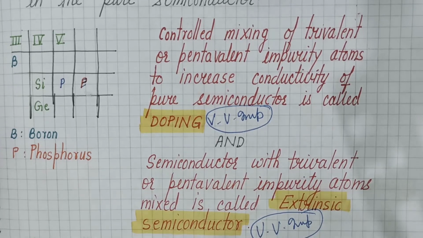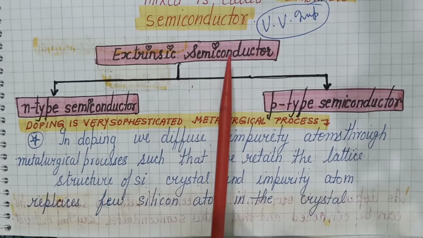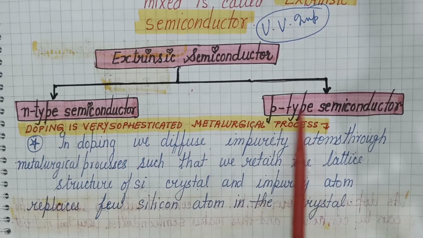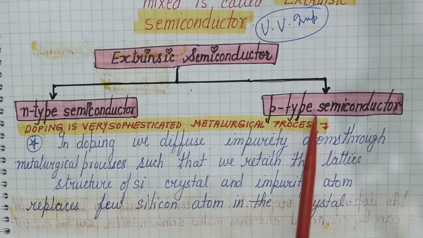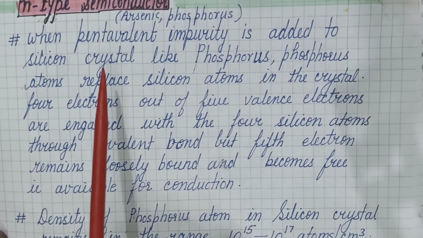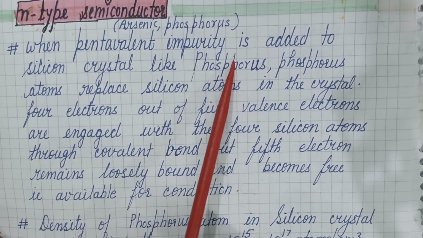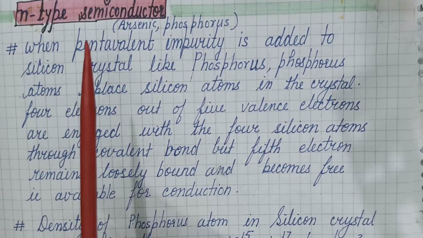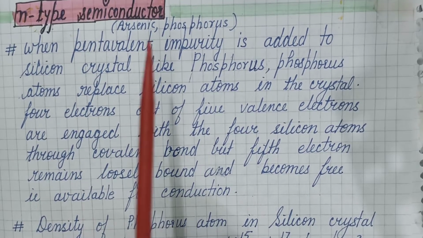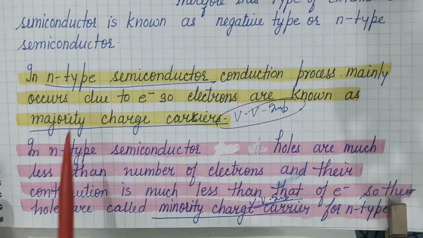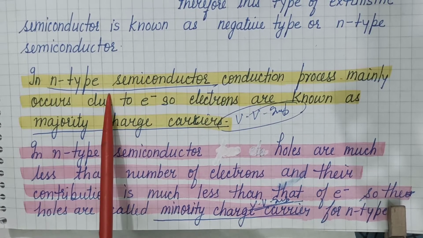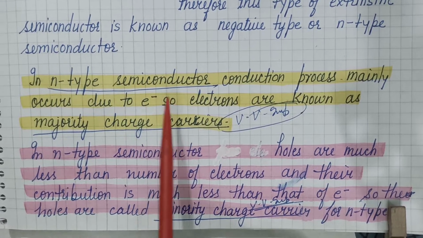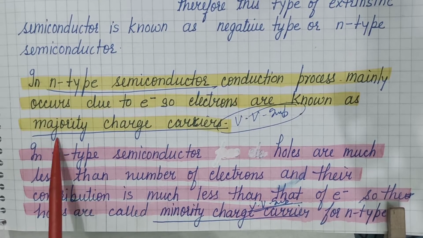Very important definition. Extrinsic semiconductors are of two types: N-type or negative type semiconductor, and P-type or positive type semiconductor. The definition of these two is also very important. When pentavalent impurity atoms are added to pure silicon crystal, the number of electrons increases in comparison to holes in the semiconductor. So that semiconductor in which the conduction process mainly occurs due to electrons is called negative type or N-type